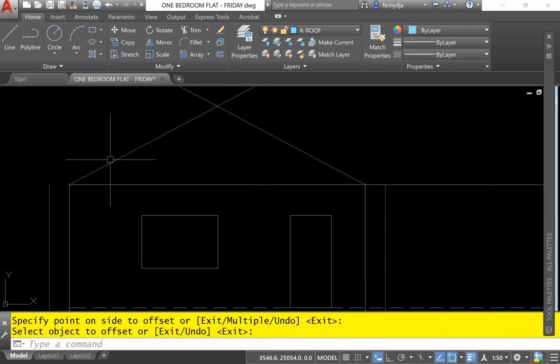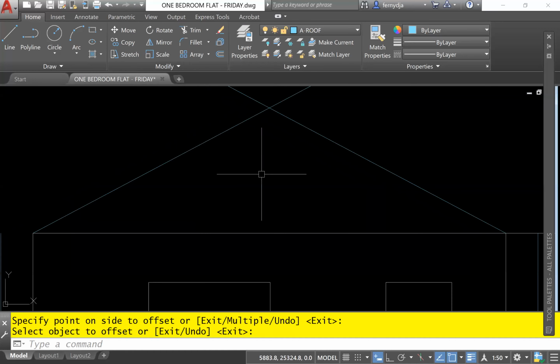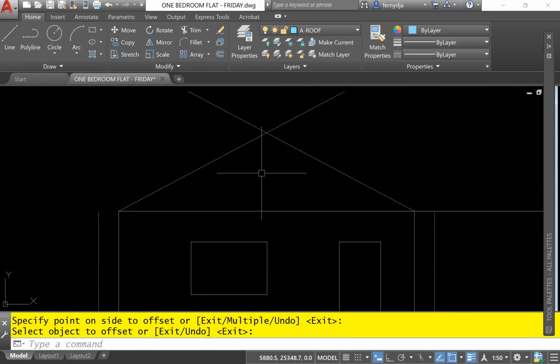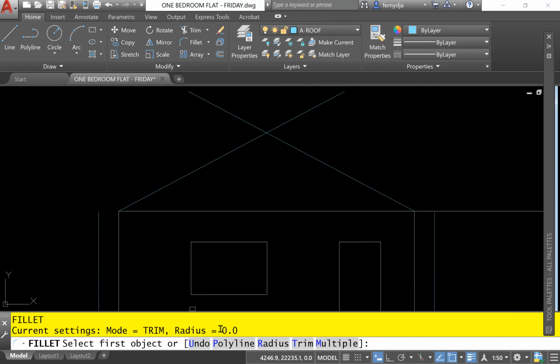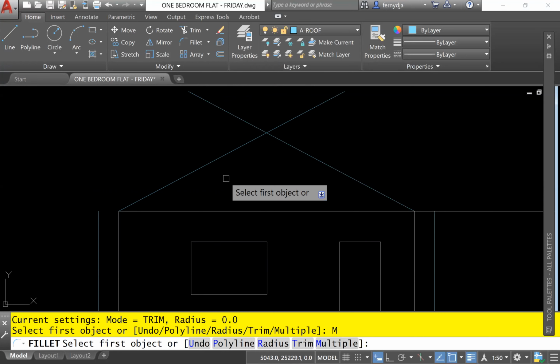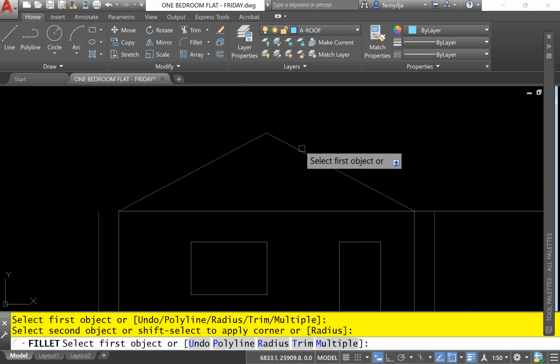And then to make life easy, instead of extending the line and then trimming, we will just do one thing that can do both at the same time. And that's the fillet command. So if I do F for fillet, enter, and let's double check our radius. Our radius is at 0, which is good. But we're going to do it 3 times, so we need multiples. So that's M, enter. And I'm going to click this line and that line, and you'll notice it cleans up